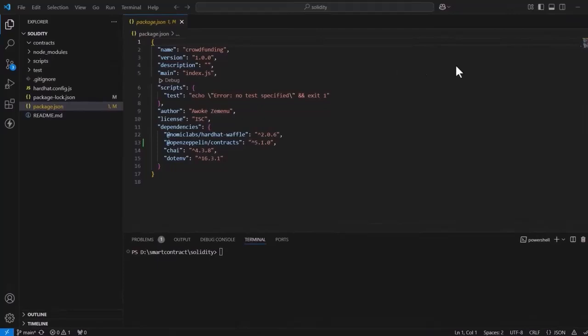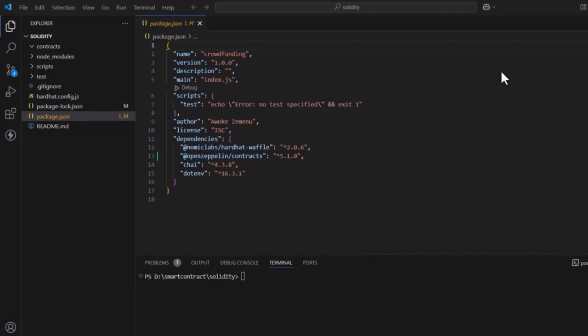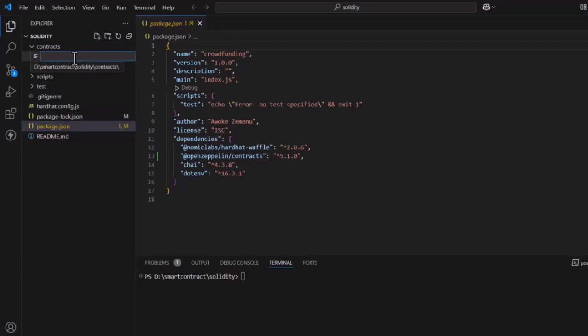Okay, now let's get started creating this project. This is a very simple ERC-20 token standard. We create a very simple token which follows the ERC-20 token standard. So this is already a Hardhat folder. I come to the contracts folder and create a new file to create an ERC-20 token. I want to create a fixed token, so I write fixed